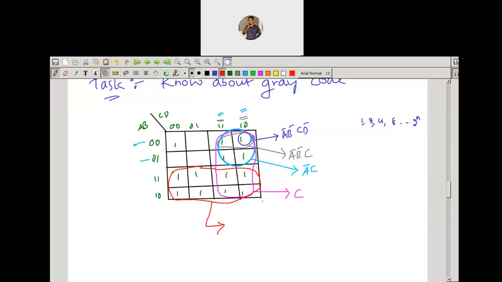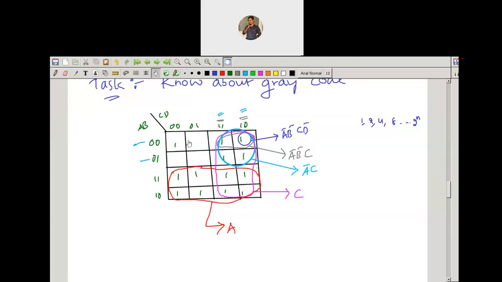Only one person is giving an answer. Okay, well done. Observe the left side, which variable is common. You can observe on the left side, in the third row, 1 row and 1 row are engaged with this grouping. So for this corresponding grouping, 1 is engaged. That is A value is 1, but B value is changing from 1 to 0. So from the left side, you can write the variable as A. On the top side, there is no common variable, right? So you don't take the top side variable. So the expression is A only. And well done, A is A, not AC.